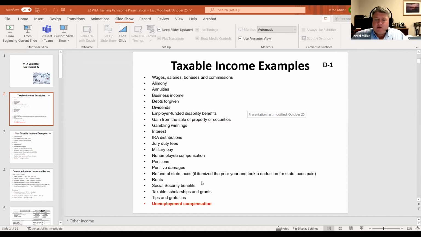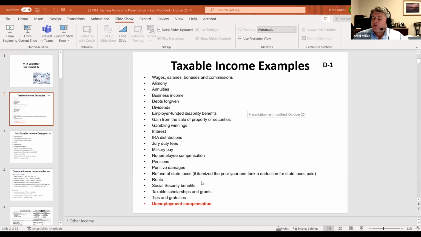I will mention Social Security and the taxability, what to do when people bring in their documents, or if we have questions about taxability, we can certainly walk through that. Typically, we don't see the next two items that often, taxable scholarships and grants. Those are ones that are traditionally going to be considered non-taxable, mainly because when they get a scholarship, it would be used for educational purposes and not for compensation, not like a teaching assistant or things like that in this area.